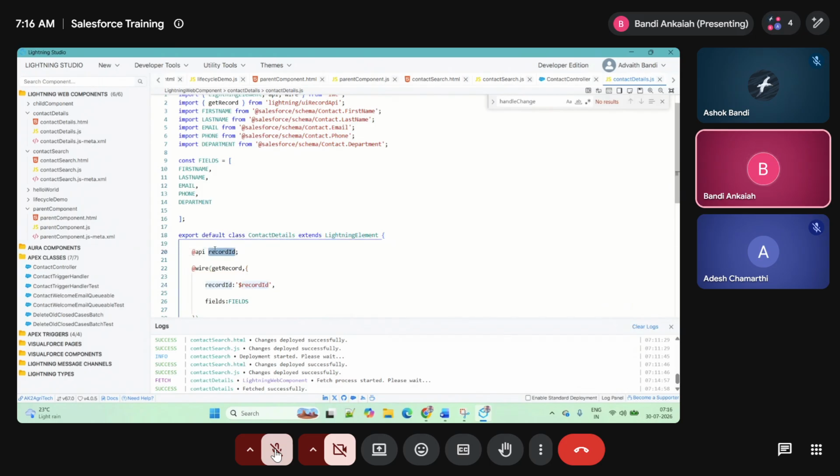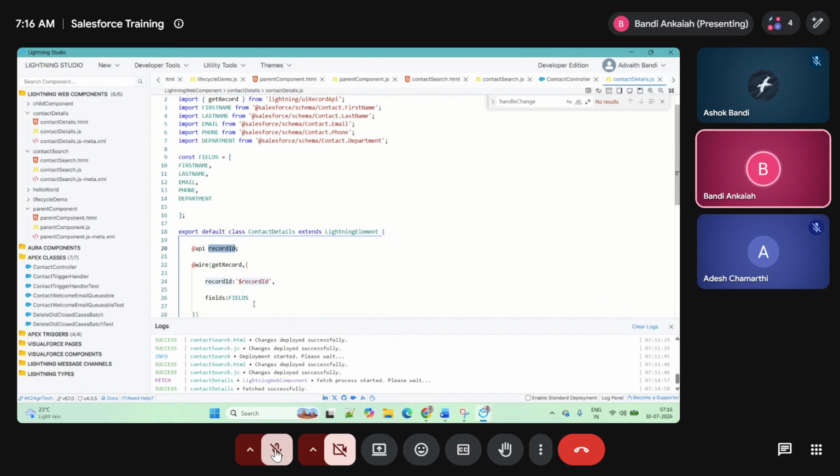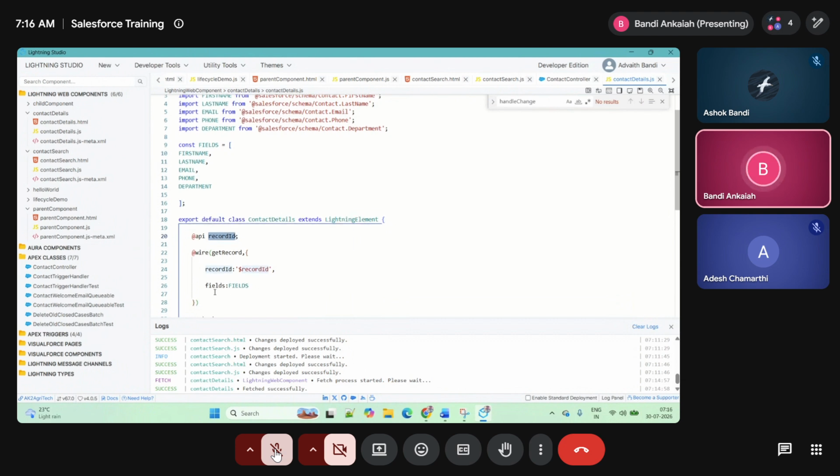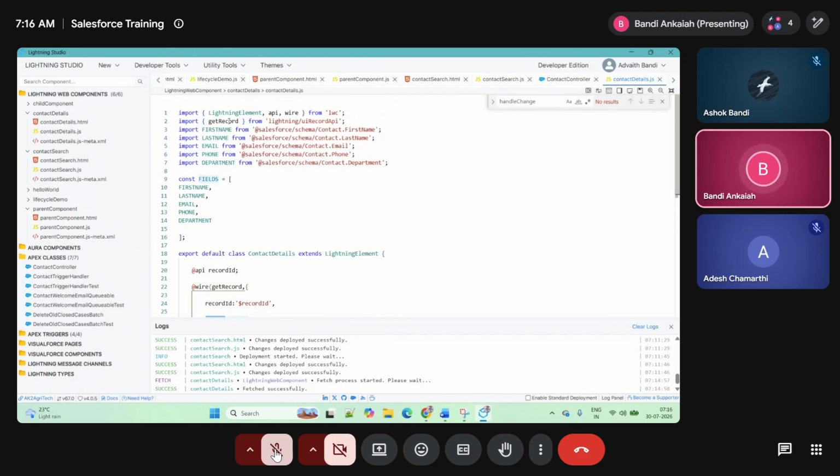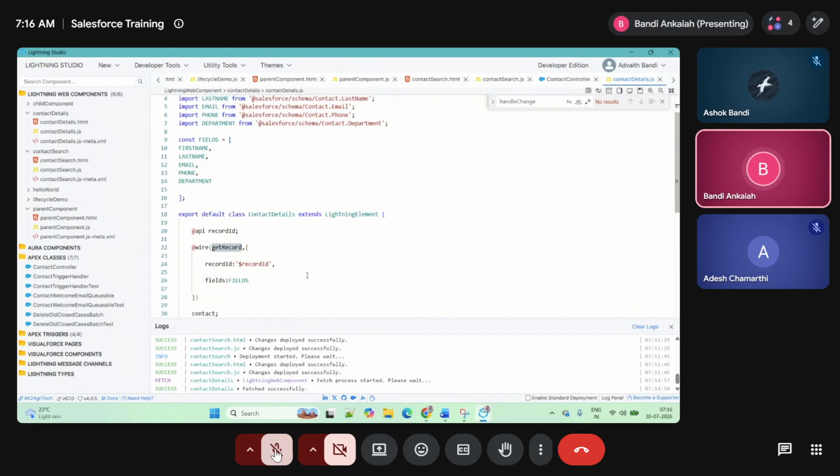This means the contact ID which we selected, we are passing to the wire method and showing the fields. Without writing any apex, based on this record ID, it will fetch the record by using get record and show it in the